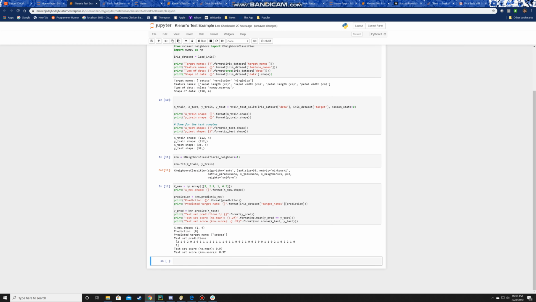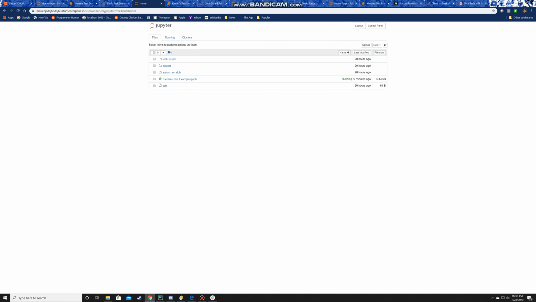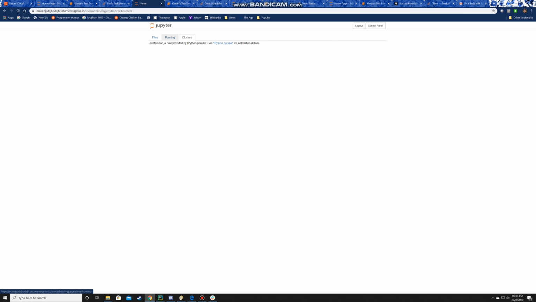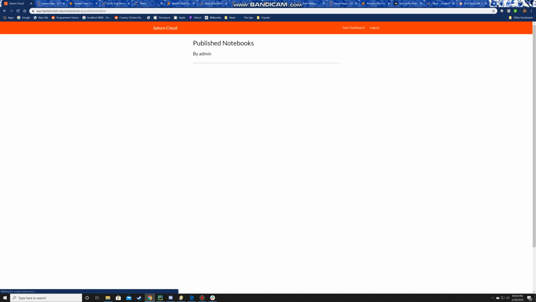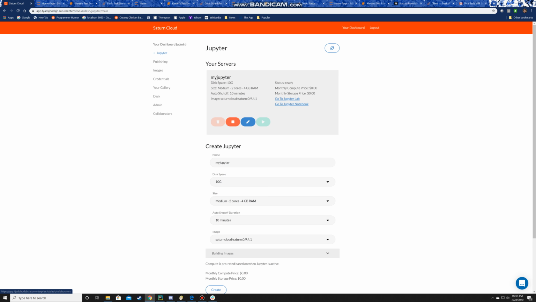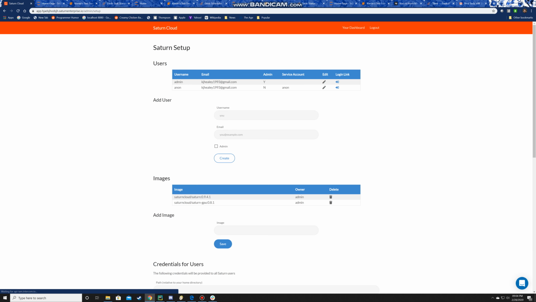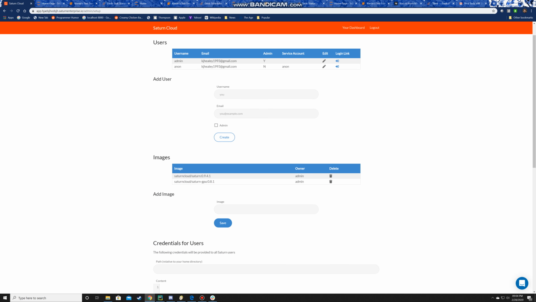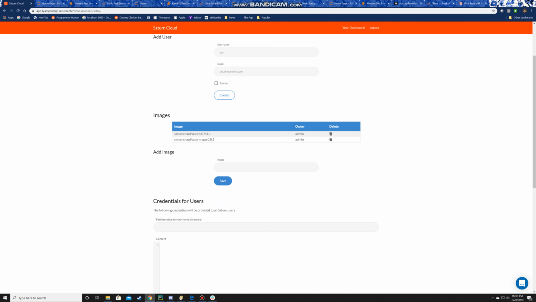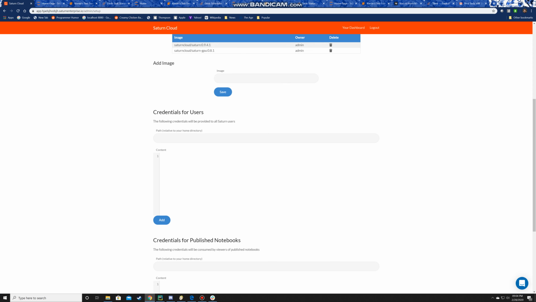That's all I have to show you guys today, but I would love to show you more about the machine learning aspects of Dask and how this will continue to evolve. I'm really excited to see what other features they're going to add here. One feature that I did see that I kind of want to point out is, not your gallery, but you can see here your admin and your anon links, and you can actually add users to come look at your Dask cluster notebooks, which is really cool.